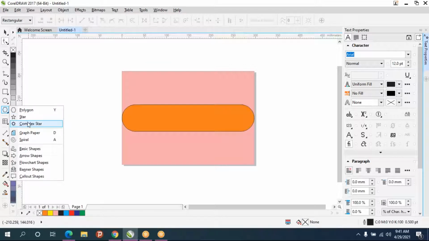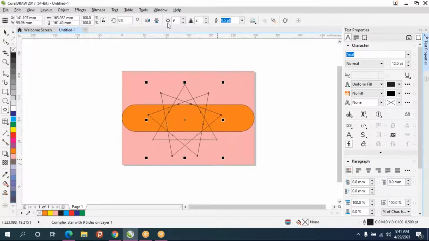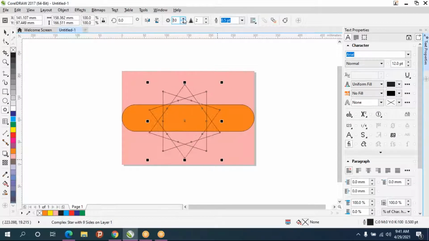Then I'll take complex star. So increase the side values.